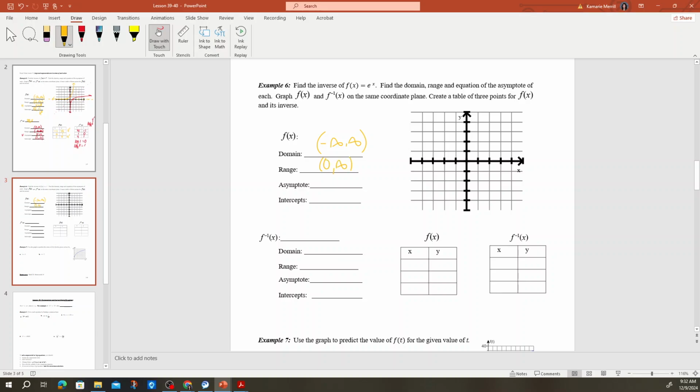We still have a horizontal asymptote at y equals 0. We will have a y-intercept if I plug in a 0. e to the 0 still has a value of 1. So far this behaves like every single exponential graph you guys have worked on so far. If I wanted to get a couple more values, I already have my y-intercept, I could plug in a -1 and a 1. If I plug in a -1, e to the -1 is technically 1 over e, which is some decimal. And then if I plug in e to the 1, that's just e, which we already